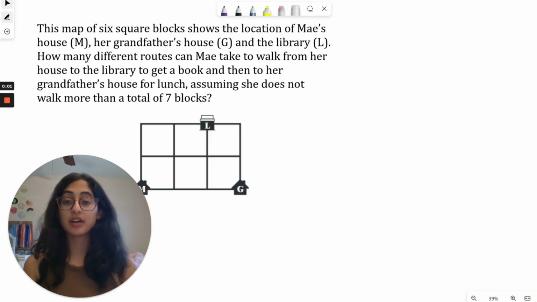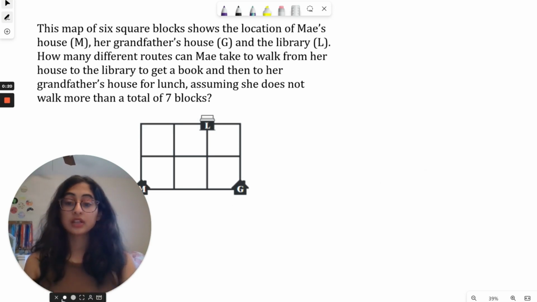Alright, so this map of 6 square blocks shows the location of May's house on the bottom left with the M, her grandfather's house, G, and the library labeled L. So it's asking how many different routes can May take to walk from her house to the library to get a book, and then to her grandfather's house for lunch, assuming she does not walk more than a total of